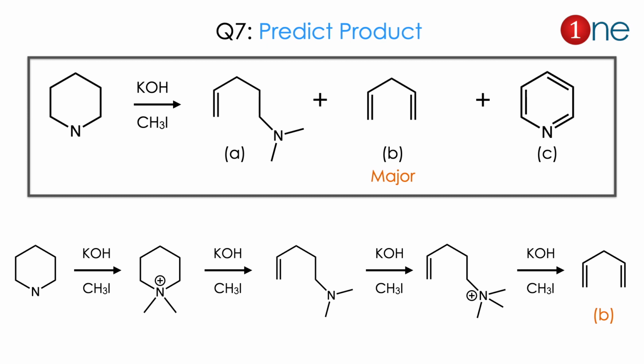We will write the step by step mechanism there. Here we have nitrogen, which is a secondary one. When you substitute with methyl, it becomes quaternary. Quaternary, we very well know that if you give a little bit of push, it will leave and form the alkene. So the alkene is formed and the ammonium group is left out. Again the CH3I will be in the same pot, so it will again attack, and the same diene will be formed. So the product is B, major. So you have to always write the mechanism and predict the product.